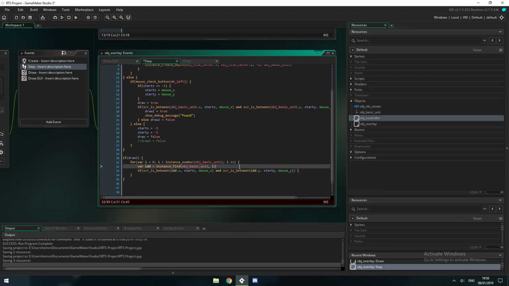So wherever it says that, we're just going to swap it for ID. So if our ID, or our instance ID X, is within our rectangle's range, then we know that that's going to be one we want to select. So in this case,